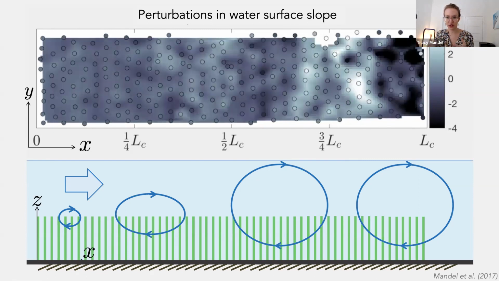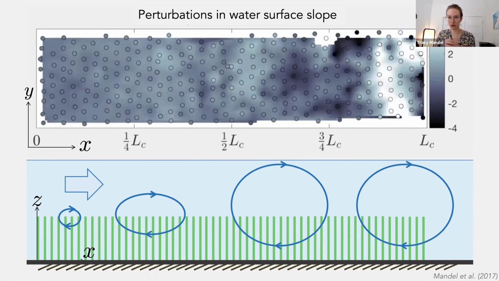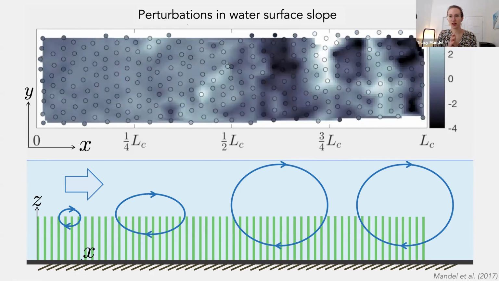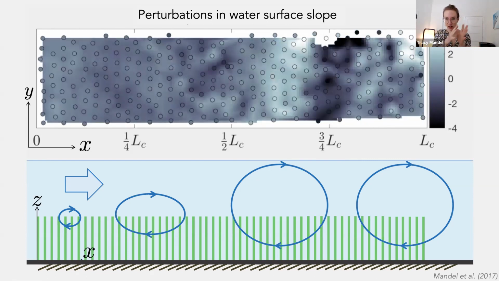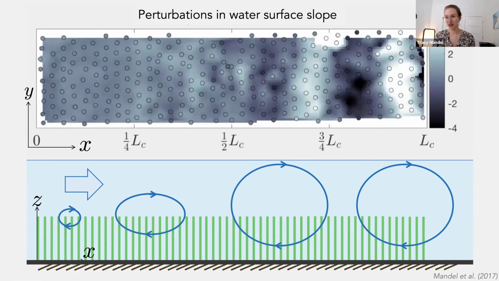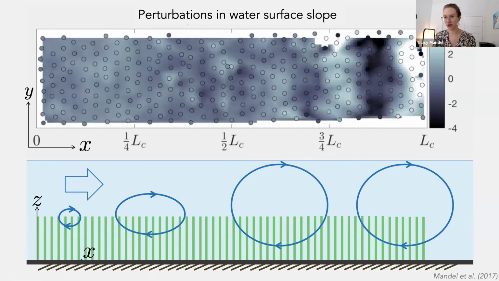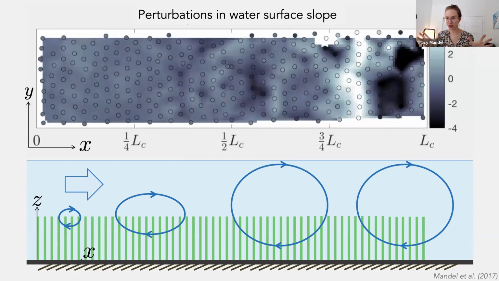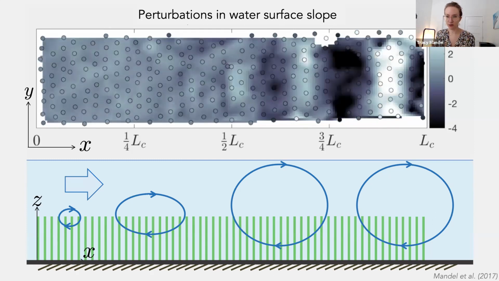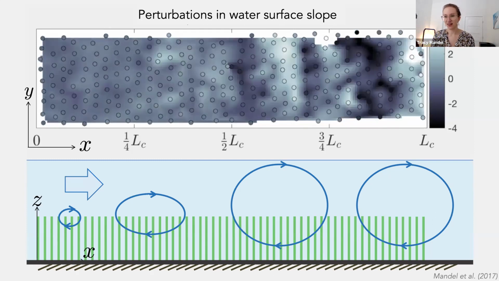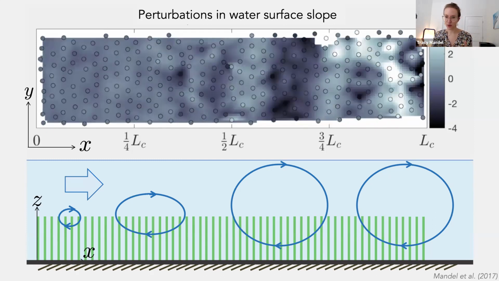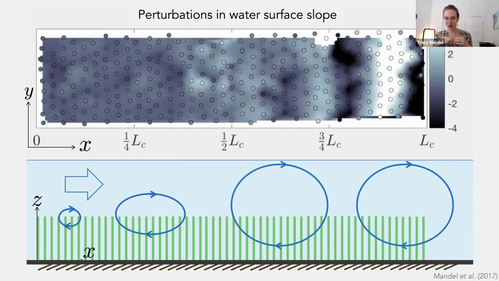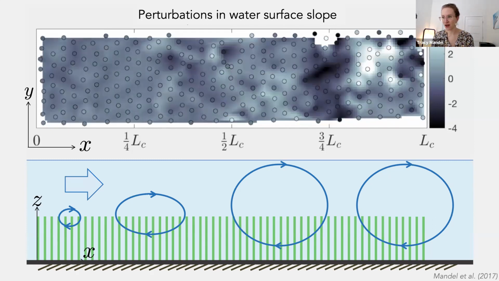So we see these really, really small amplitude perturbations in the surface slope, and we were able to measure things like the wavelength of this phenomenon, the speed at which this signal at the water surface is moving, the predominant frequency of this sort of vortex shedding. And so we were able to take some surface measurements and connect them to interior flow measurements and properties of our model vegetation. So we ran a number of experiments with different density of the stems, different height of the vegetation stems, different flow rates and things like that.